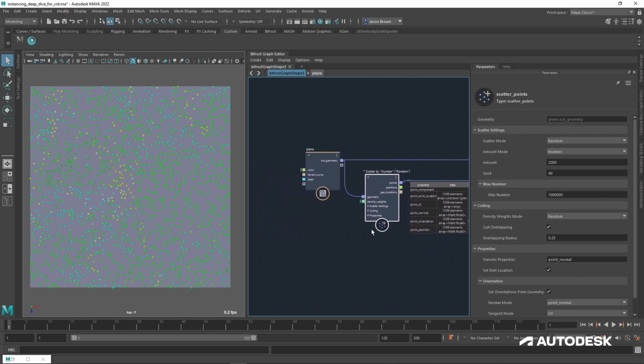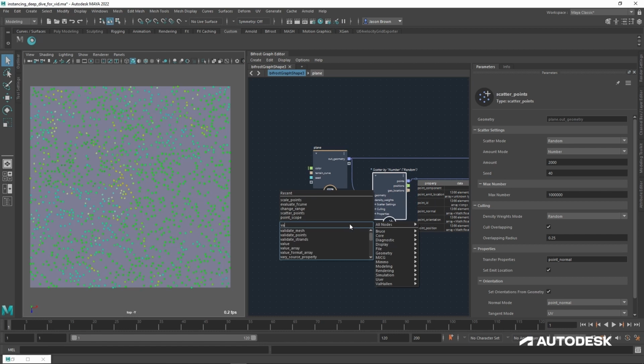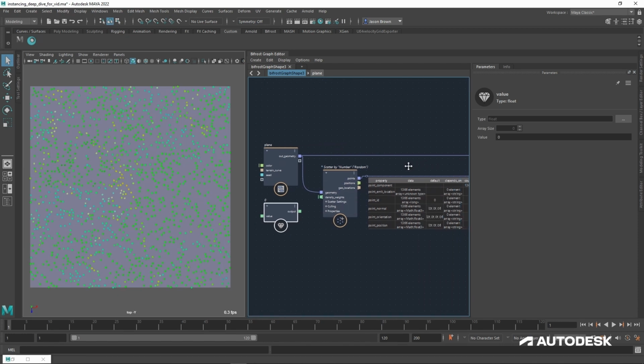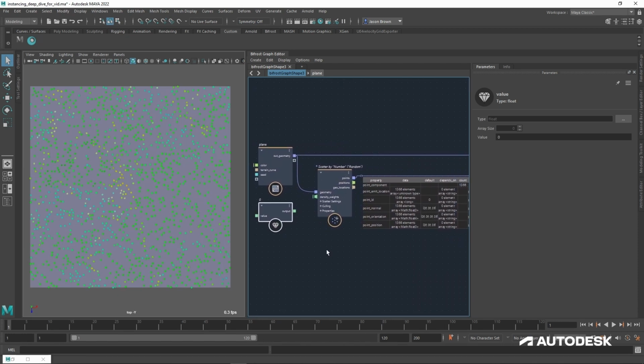Now we need to talk a little bit about density weights. And density weights is a really, really handy thing. At its most simple, what it's doing is it's saying that for every point, and in this one we've got 1,366 points, for every point I'm going to assign a probability of existing between 0, which is it won't exist, and 1, it will exist.